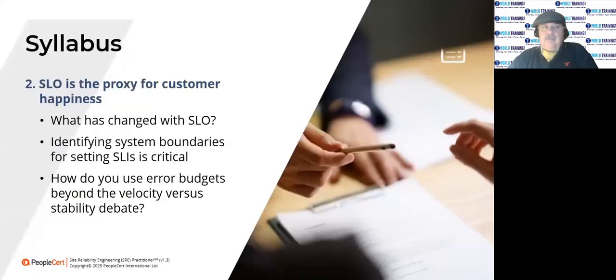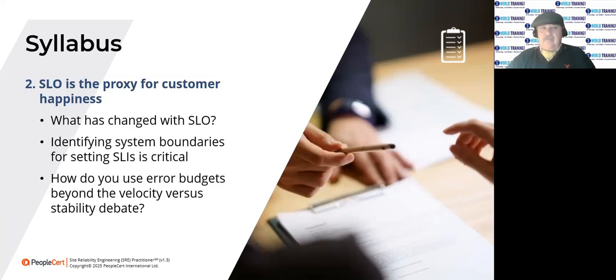The syllabus for this module. First of all, we'll talk about how SLOs have evolved in terms of their focus these days, especially with large, complex distributed systems. The second point is identifying system boundaries and how the different boundaries between components of distributed systems are important for setting the service level indicators in order to determine whether or not you're meeting your SLOs and staying within your